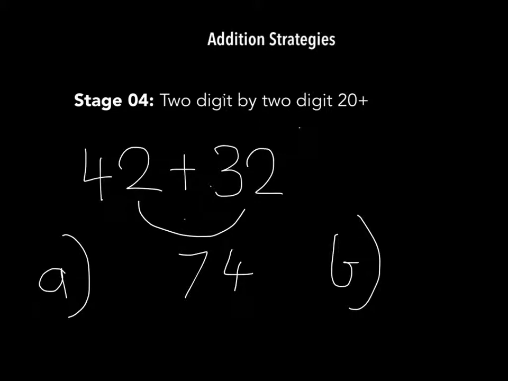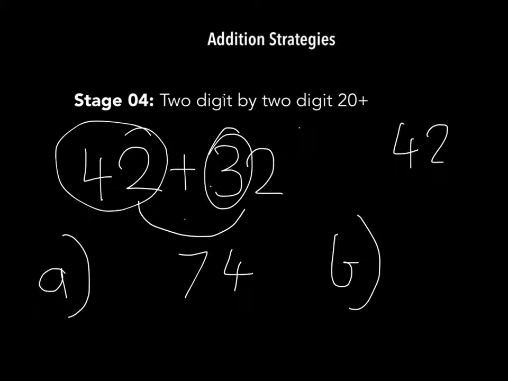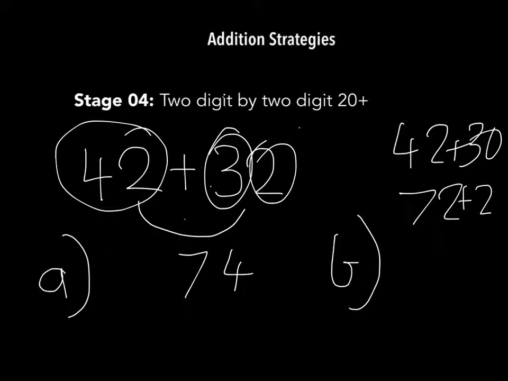Alternatively, and this can be a bit quicker sometimes, is to look at the first number, or the biggest number. So 42, start with 42, add on the tens, which is 30, which is 72, plus the units, which is 2, equals 74. So if you're at stage 4, 2-digit by 2-digit addition, then you need to work on this. So we're doing this in your head. So it's being able to hold those numbers in your head, add them together, and come up with an answer in a